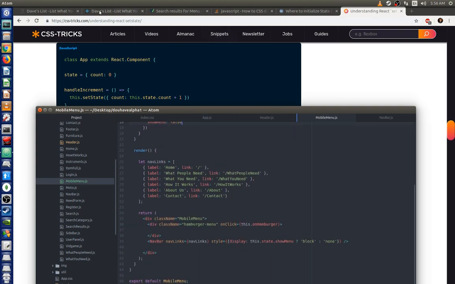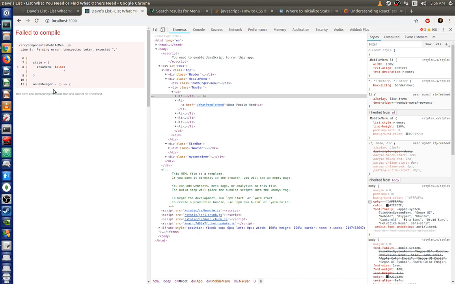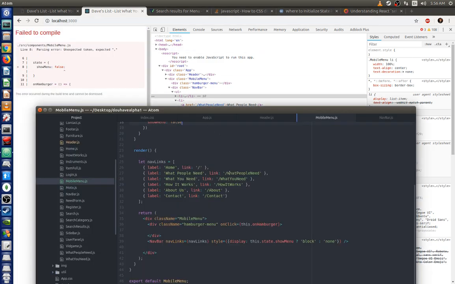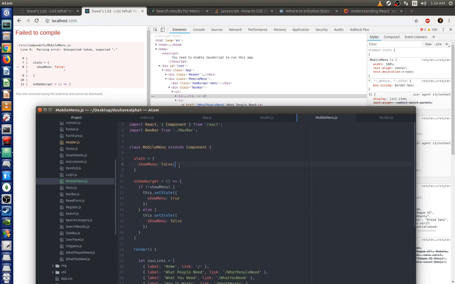So let's see if I did this somewhat correctly. Oh, wait, whoops. This doesn't need that. And is not defined. Oh, I need to